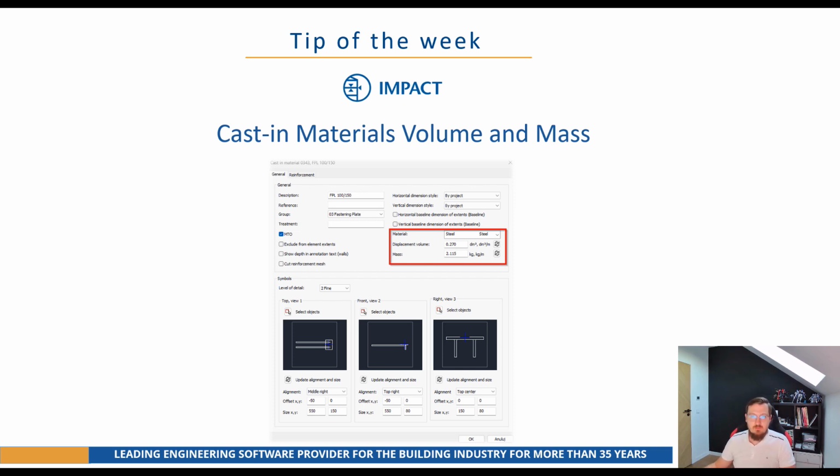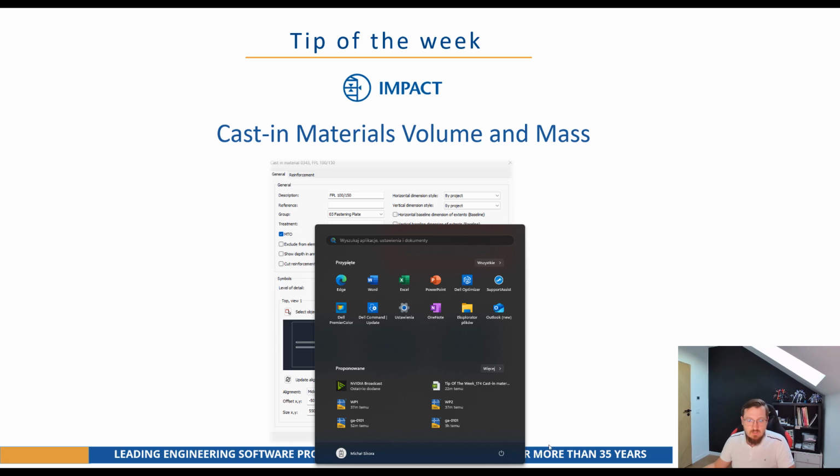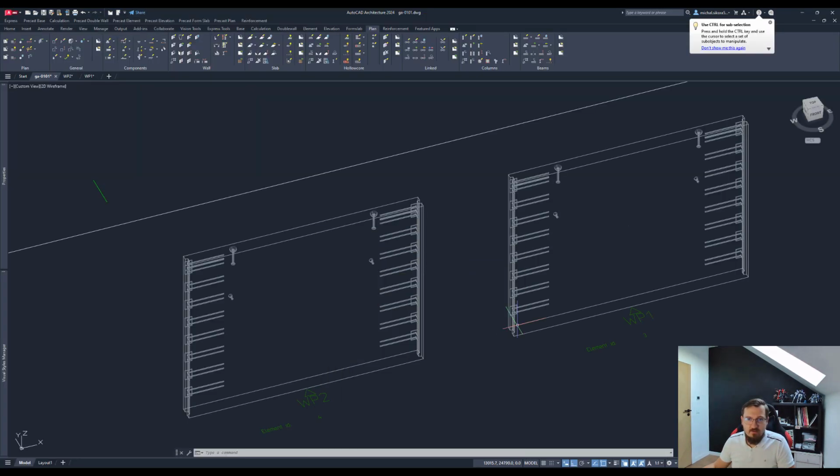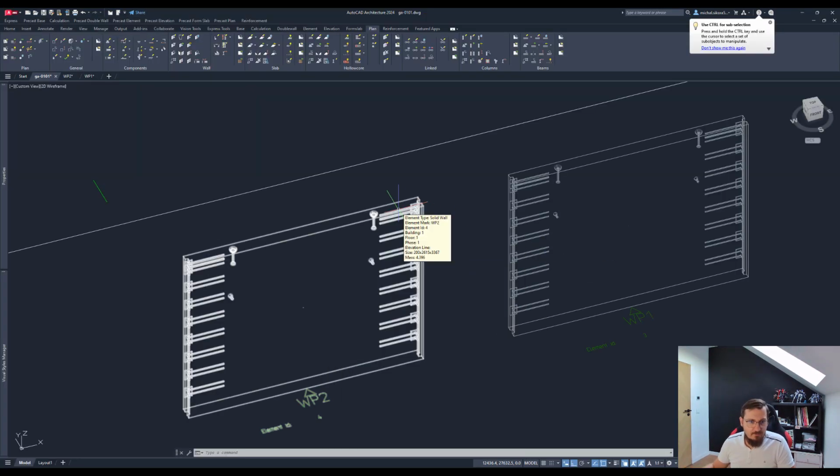This time I'd like to show you one of our functionalities for you to make sure that your volume and mass calculations for the elements are accurate. So you can actually subtract the volume of the cast-in materials as well as include their mass into the element material takeoff tables. How to do that? So let's go to our AutoCAD Impact, and in here